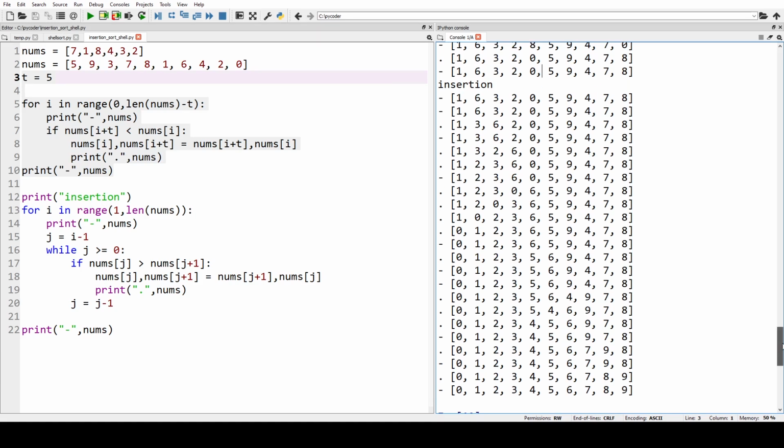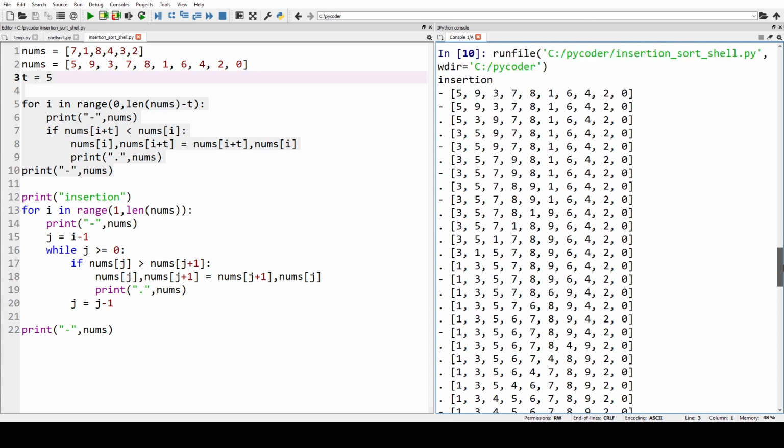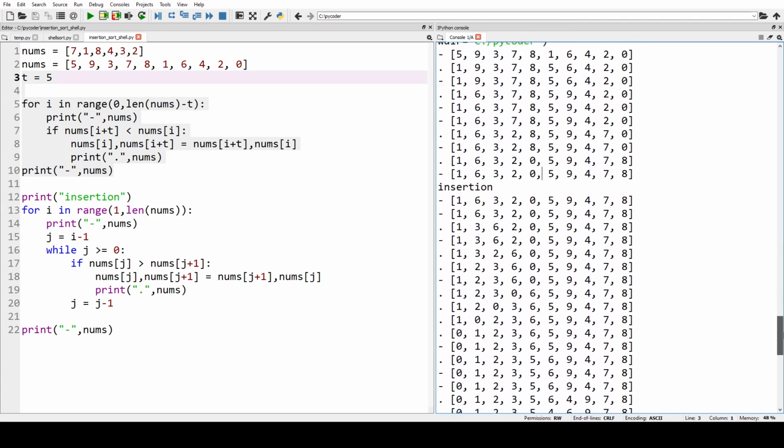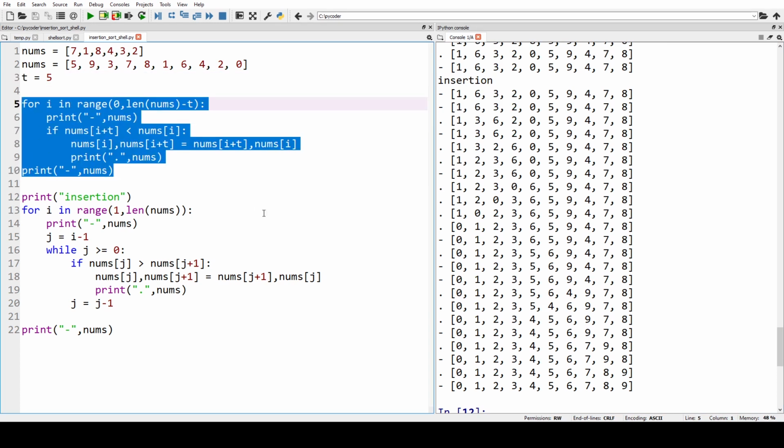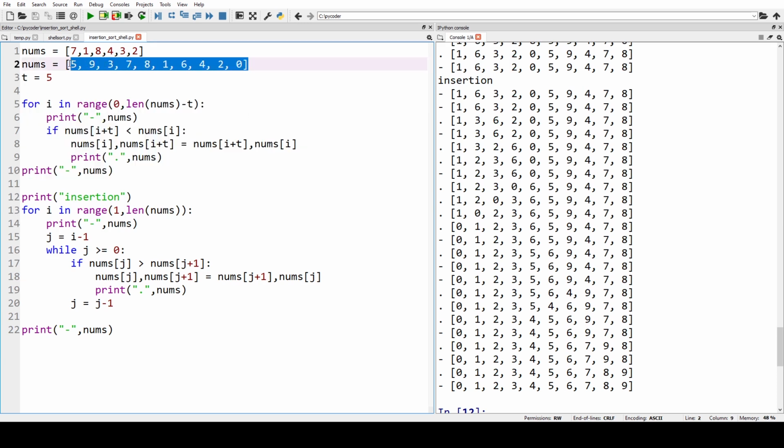So you can see here the original and the revised insertion with lower numbers moved to the beginning just by running this code beforehand. So the larger the list, the more effect this will have. But you can see that we can move lower numbers to the beginning or the first half of the list,